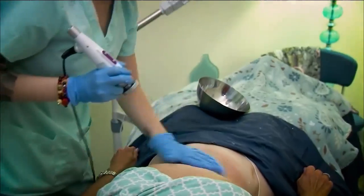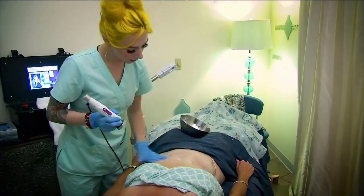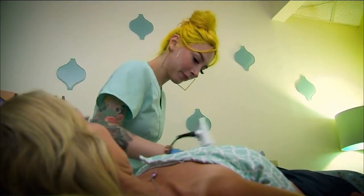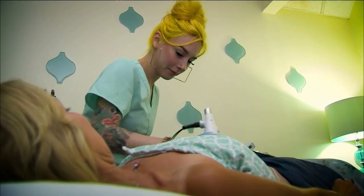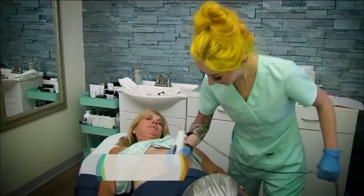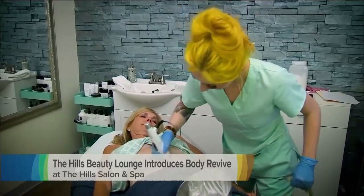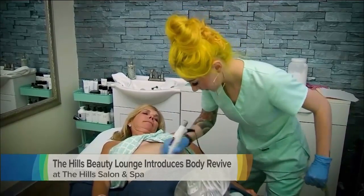One of their newest features is Body Revive, a new technology that can sculpt and tighten any area of the body. Body Revive is exciting. It's a technology that encompasses high-frequency microcurrent and heat. It utilizes this to drain fat and shrink and tighten your skin, and it gets you dramatic results in one